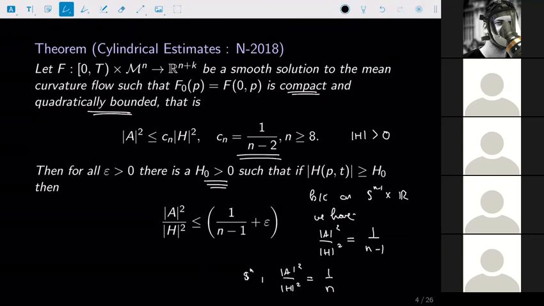So that's the absolute pinching here. This is the absolute minimum of |A|^2 divided by H^2, because you look at the traceless second fundamental form, |A|^2 is always larger than or equal to 1 on n H^2. When |A|^2 divided by H^2 is equal to 1 on n, then you're umbilic, and the only compact umbilic surface is the sphere, S^n. Are there any questions? I guess not.